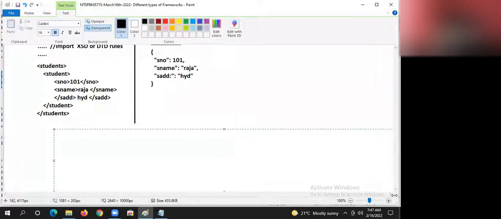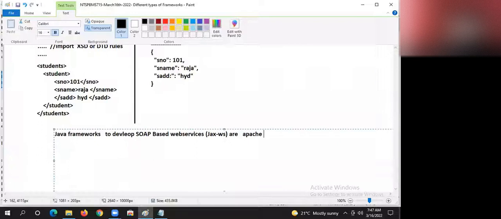Okay, guys. Java frameworks to develop SOAP-based web services. Right, guys, JAX-WS. SOAP-based web services, tell me, guys, what they are.